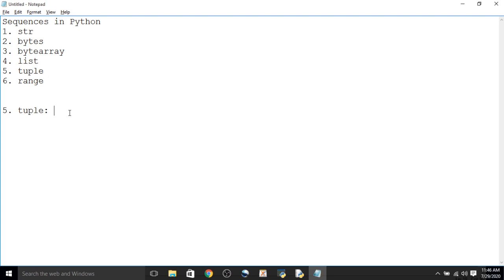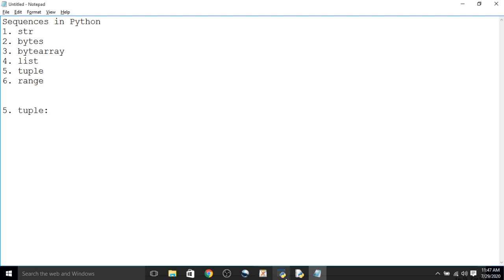We have seen that the elements of lists are modifiable, but we cannot modify the elements of a tuple. So tuples are non-modifiable. That means a tuple can be treated as a read-only list. Once you declare a tuple, we cannot make modifications inside it.